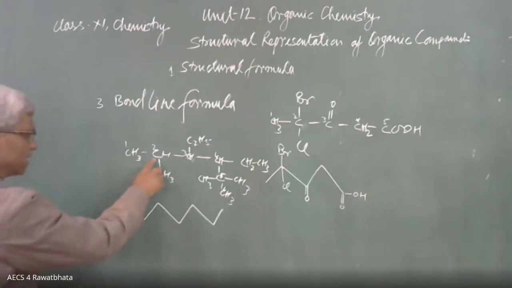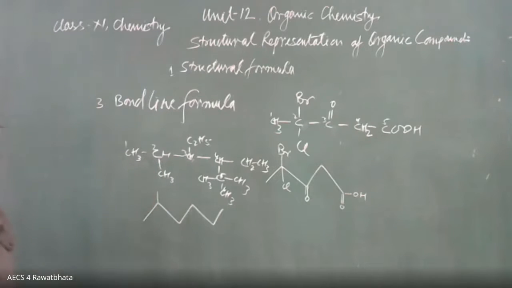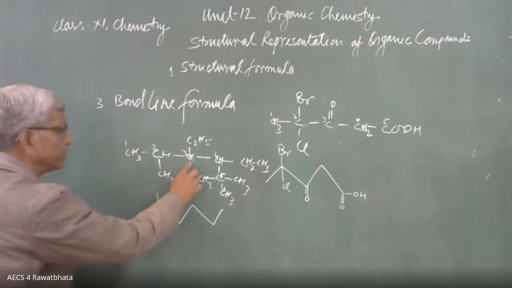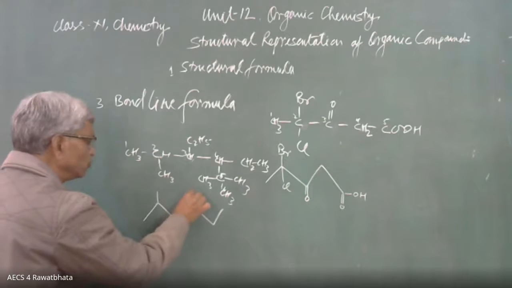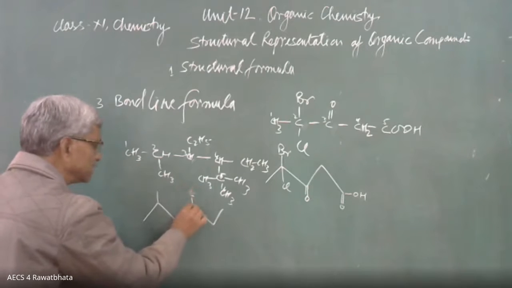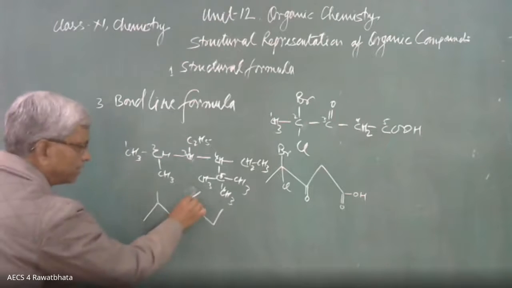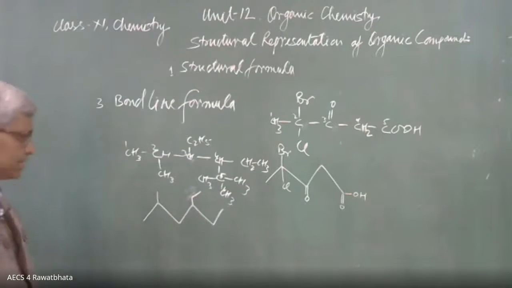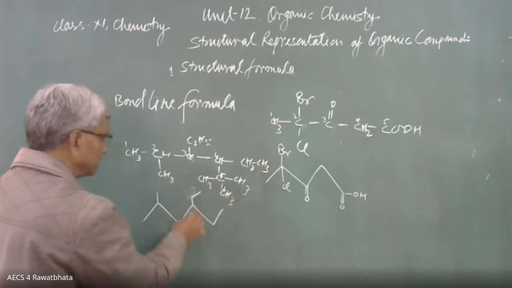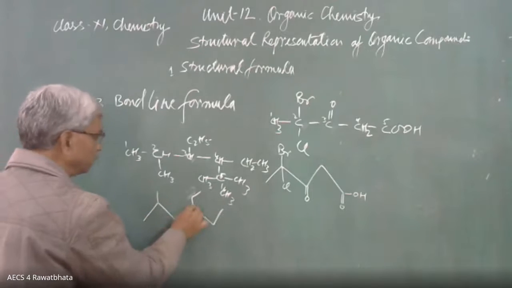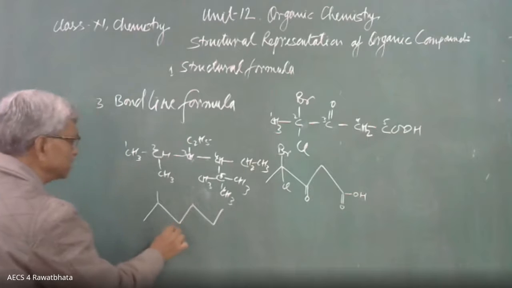Then the second carbon atom has CH3. This is the second carbon having 1 CH3. The third carbon atom has C2H5. Third carbon atom, here C2H5. Here it is like this. This way only. Here is 1 carbon, here is the second carbon, 2 carbon atoms. The fourth carbon atom has 2. This 1, 2, 3, 4. The third carbon atom is this, not this one, the third one. Here it is, the third one.